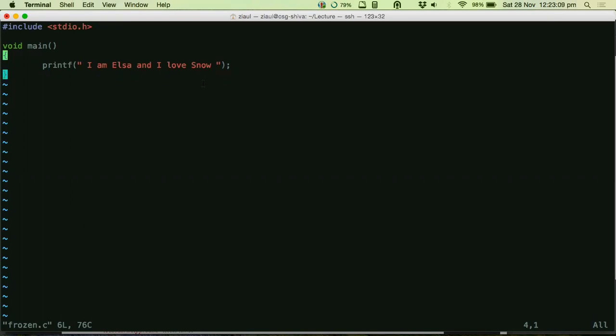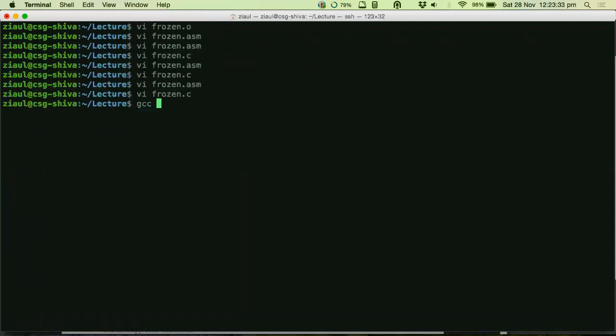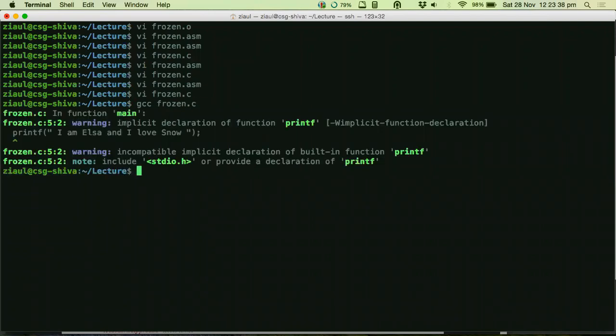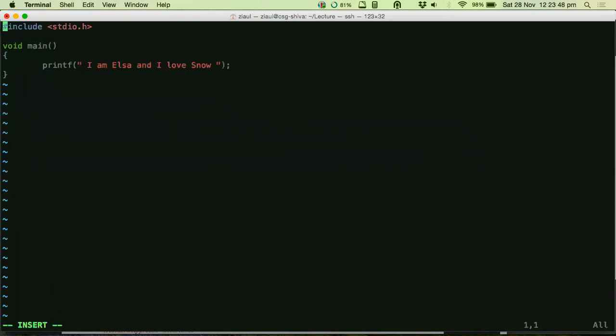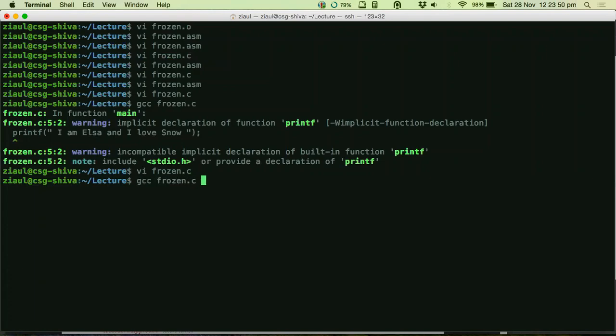That's why in the very beginning of your code you include this. You say that you would be using certain blocks of code located inside this header file, so you have to include that file as part of your program. Let's see what happens if I don't include this and I try to compile. See, it says printf is not declared. But if I include it now, that error just evaporates. I don't get any error.